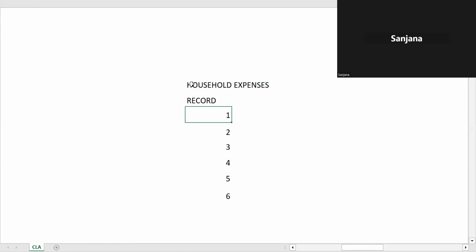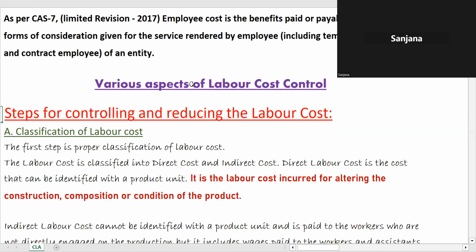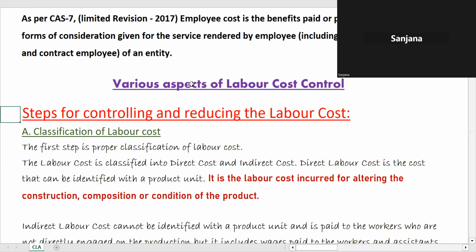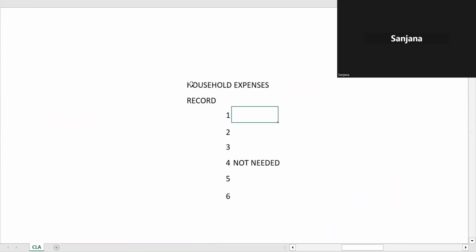After you have a list of it, then you can find out, okay, this number 4 was not needed, this is where I spent more. तभी आप उसको पिन पॉइंट कर सकते हैं आफ्टर रिकॉर्डिंग इट। सो फॉर कंट्रोलिंग एनी काइंड ऑफ एक्सपेंसेस, फर्स्ट स्टेप इज टू रिकॉर्ड इट प्रॉपरली।